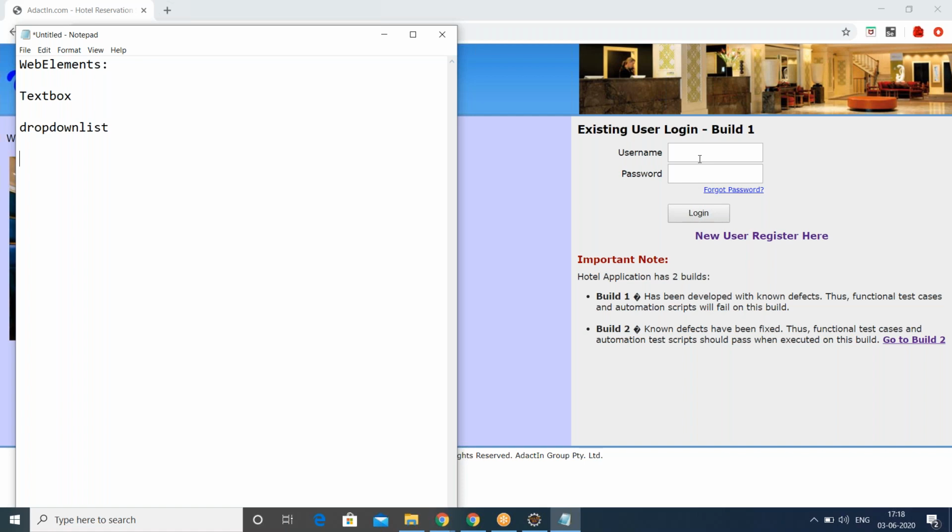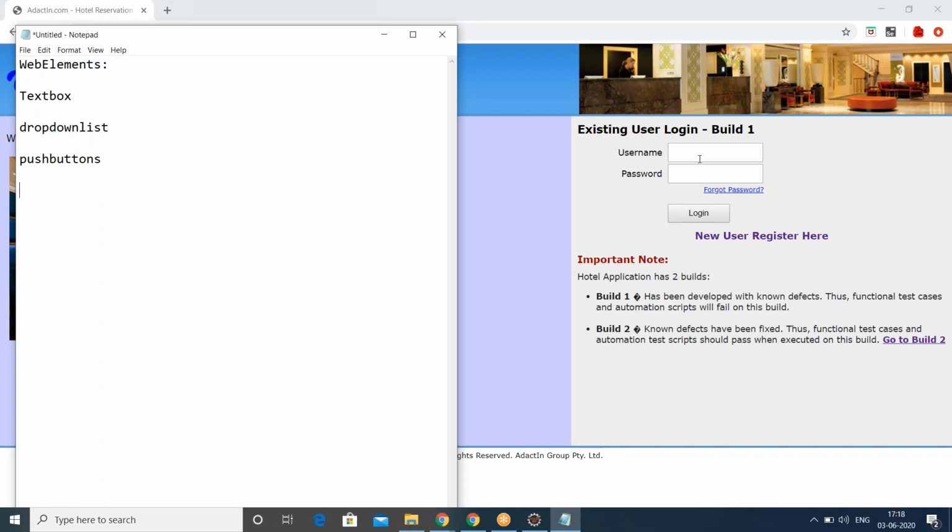We have text boxes, we have drop down list. Next one is what else? Buttons, push buttons. Okay, we have push buttons also, right?